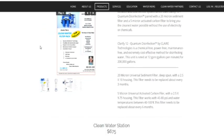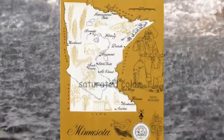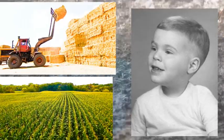As for myself, I know I am at an advantage on this one. I've been exposed to rainwater for most of my life. I first drank a glass of rainwater coming out of the tap in Minnesota back in the late 1960s. I did help maintain our system growing up on a farm in Minnesota, and I would say that